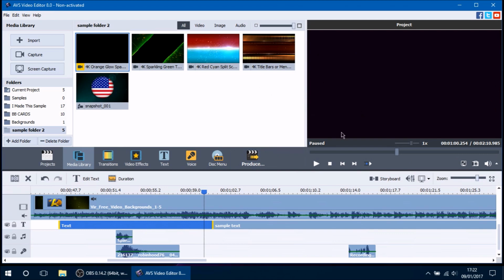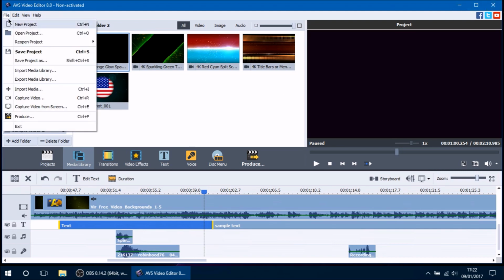for a YouTube video. So those are the basics of producing your video once you're all finished, and stay tuned for how to properly produce your video in the future, because I'll show you some tricks to get around the fact that AVS puts a watermark over your video once you render out your video. So stay tuned so that I can show you how to remove that watermark and to properly render your video correctly. But for now, we're going to quickly go over these top 4 tabs right here in the social media